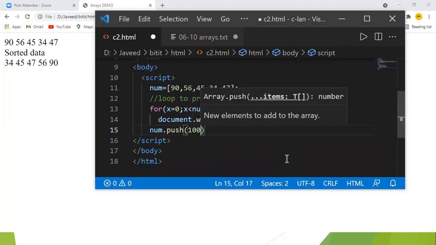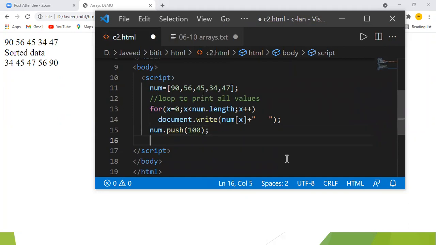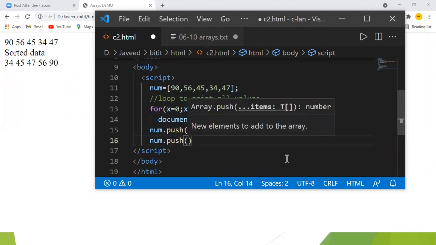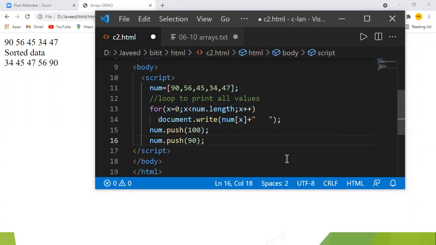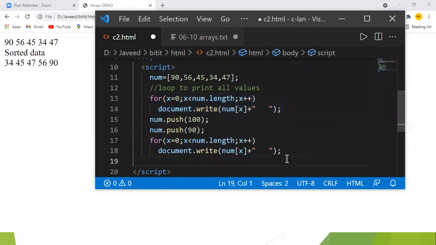Let me push one other value, 90. Now I want to print how many elements are there after adding those two, and see what values are there.